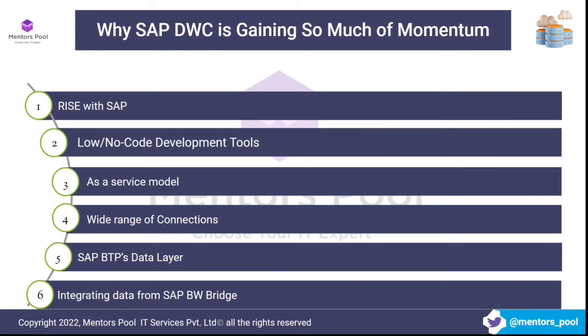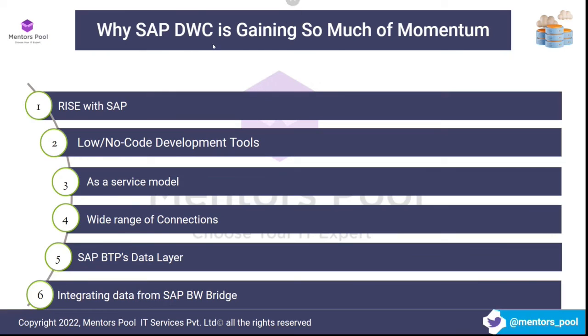Because SAP has a huge customer base when it comes to SAP ECC or SAP S/4HANA, right? So now, because there is this program and this bundling happening for data warehouse cloud, there will be a huge demand. There is already a huge demand, and this demand is only going to increase in the future, right? Because there are customers who are buying data warehouse cloud out of their own interest, and there are also existing customers to whom SAP is handing over this product for them to try, right? So that is going to drive the demand for highly skilled people, right?